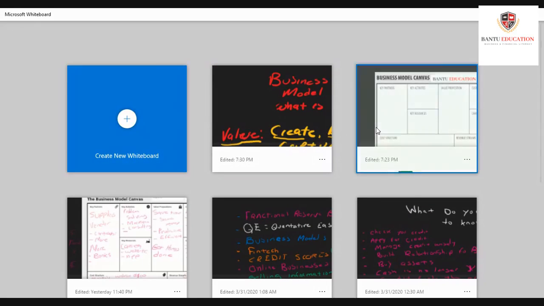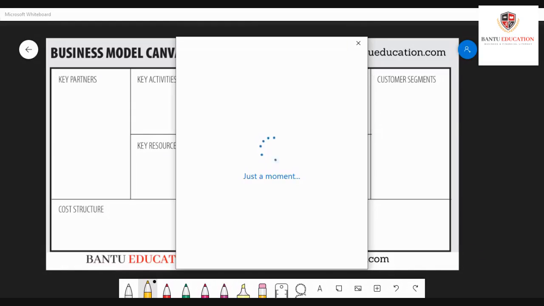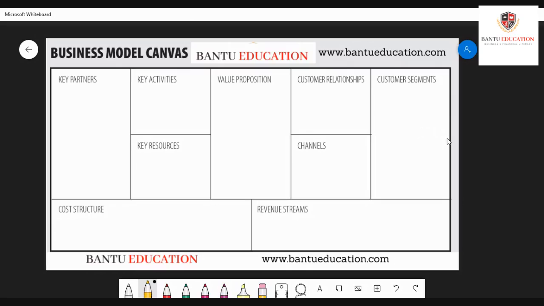So now let's get back to our business model canvas. When you're looking at a business model canvas, it's just a framework, right? Because usually a business plan takes you, this is not a business plan. This is more of a brainstorming, a one-page brainstorming